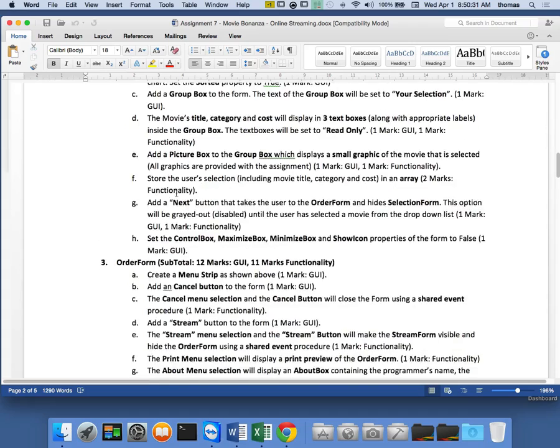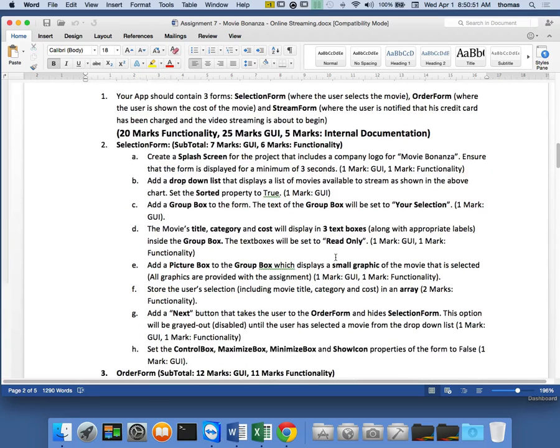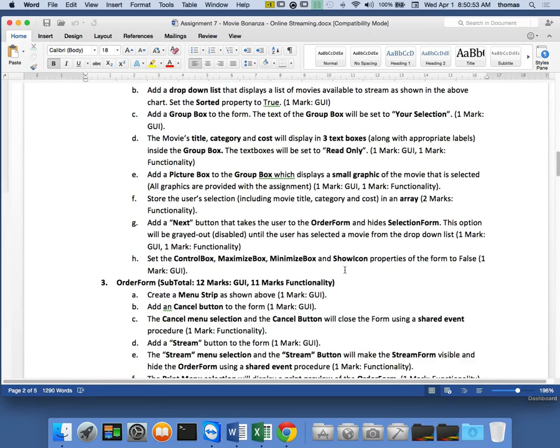All right. So any questions around this? Again, there are some parts that you don't know how to do. I haven't shown you how to do multiforms. We're going to go into that today. So we'll do a part 2, open up a couple of multiforms, and talk about how to show and hide different forms as we go, right? And I'll give you some more information on that. Like I said, day 1 of next week will be the last time I do any kind of things with you.